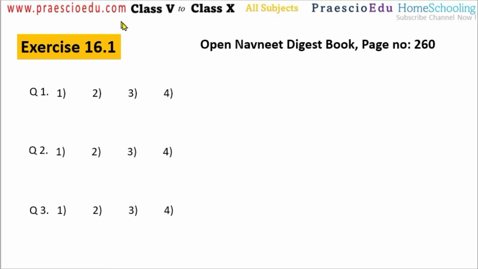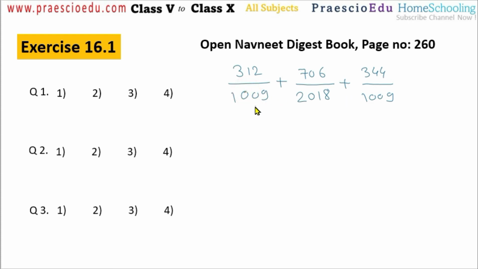So there is question number 1. Now here we have to make like fractions. All these are like fractions, but this denominator is 2018. If you see, 1009 multiplied by 2 gives 2018. So to make the denominators the same, we have to multiply here by 2 and here also by 2. So this 312 divided by 1009 multiplied by 2, the same multiple of 2 in the numerator also,